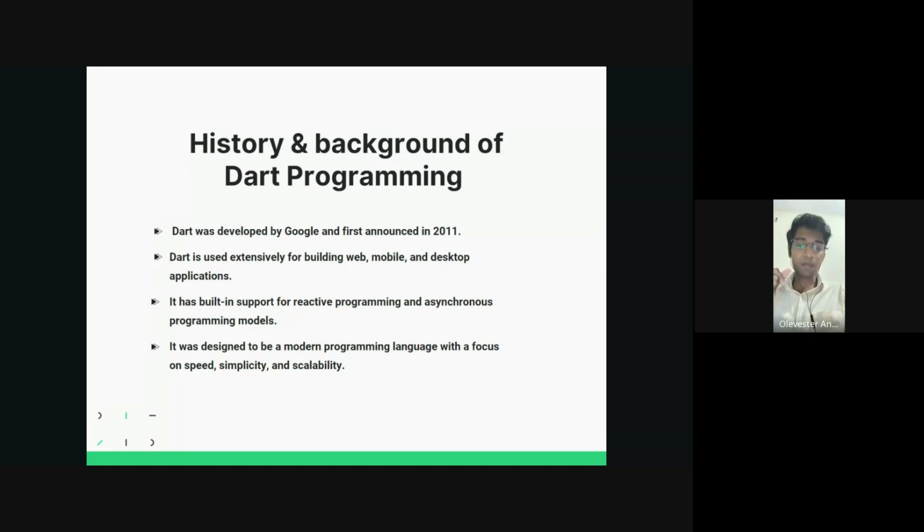It is snappy. It will work as quick and powerful as C++ and Python. One of the things they have made this programming language for is to have the app built as quickly as possible, and it should be simple and it should be scalable. That means as an entrepreneur, if you are going to make a new app, if you want to make a